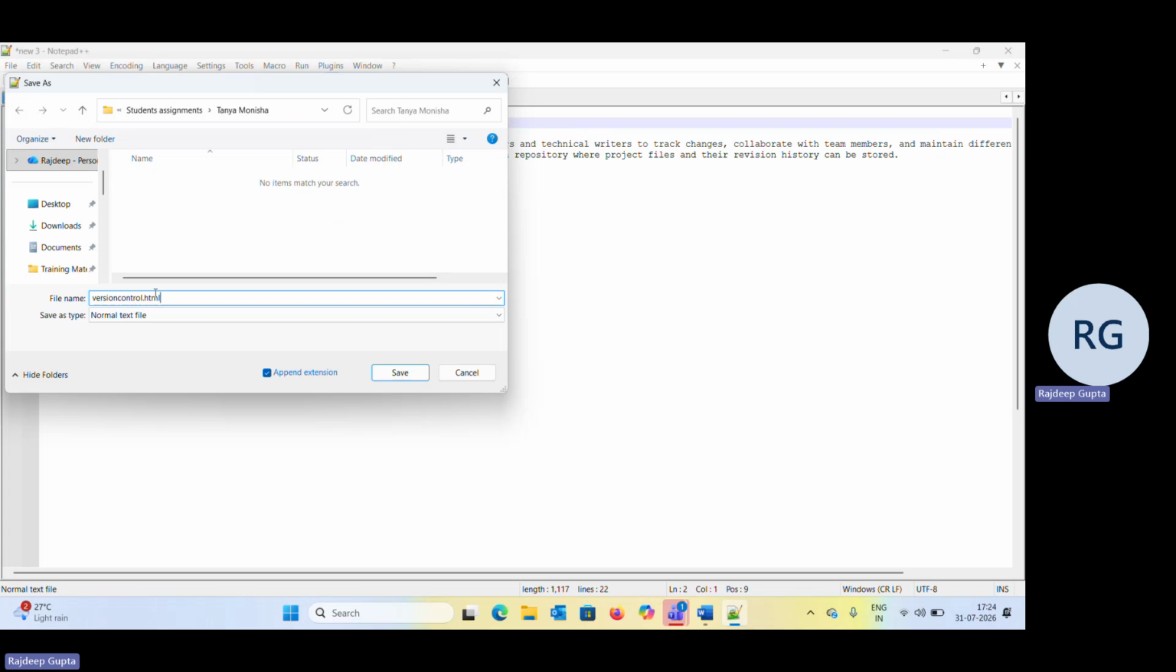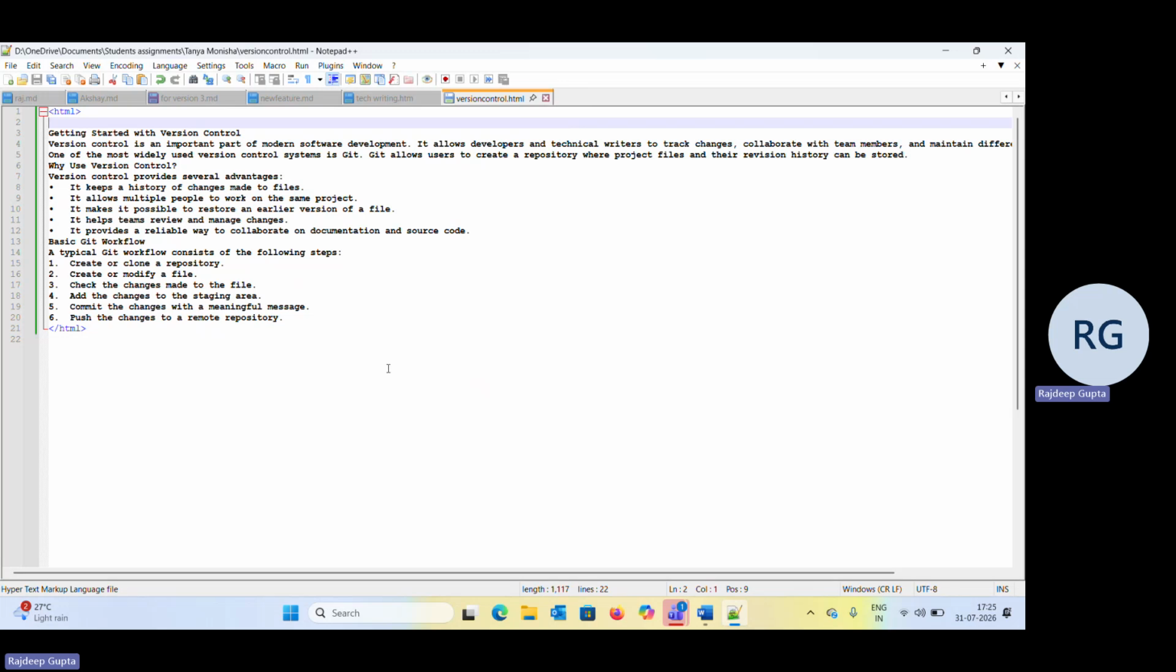That's like the default extension. Don't forget it, .html. And saving it as a normal txt file. It's a plain text file. So version control.html, and we save it. Once I saved it, automatically you see